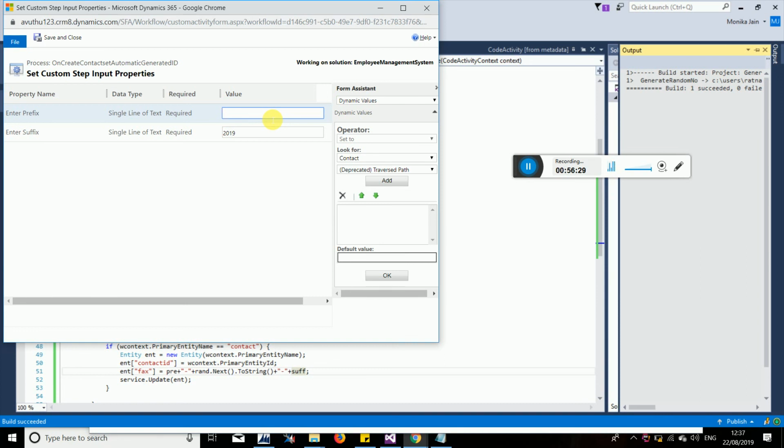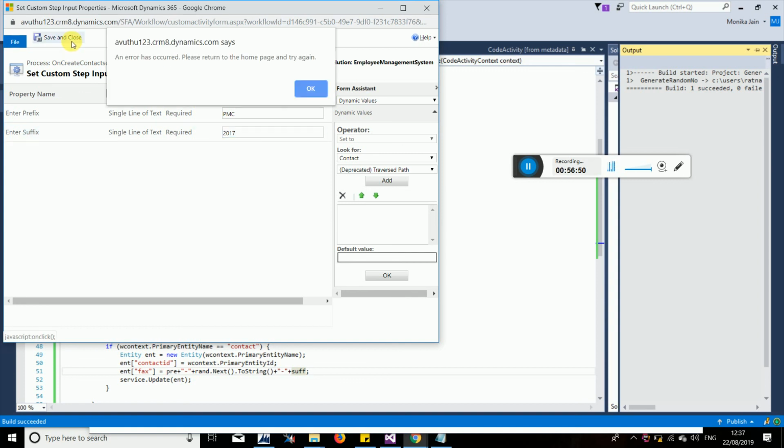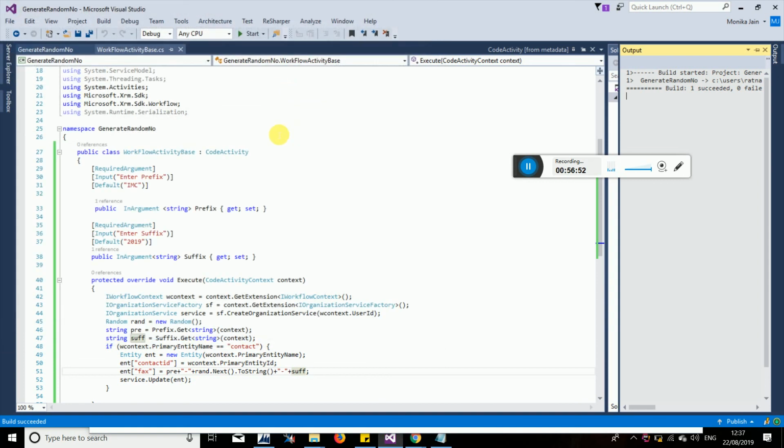So suppose now for this particular publisher, I want it should be PMC, so I have written PMC. It should be 20 instead of 2019. I just wanted to keep it as 001, or I wanted to keep it like 2017. Okay, and I'm saving and closing it.